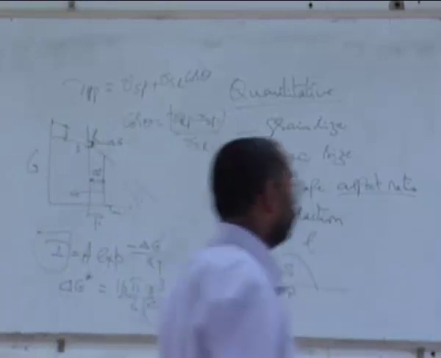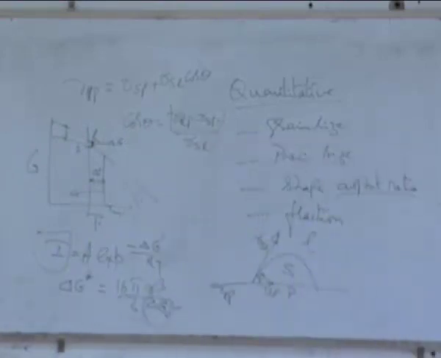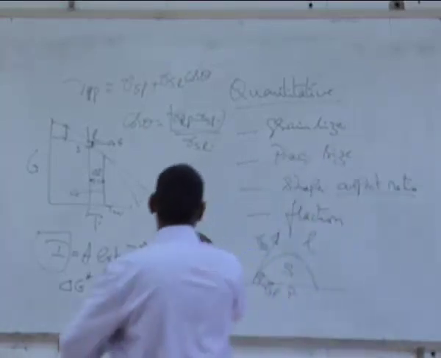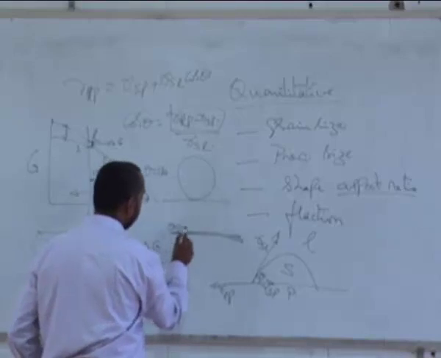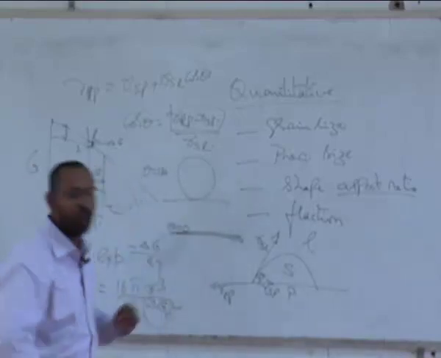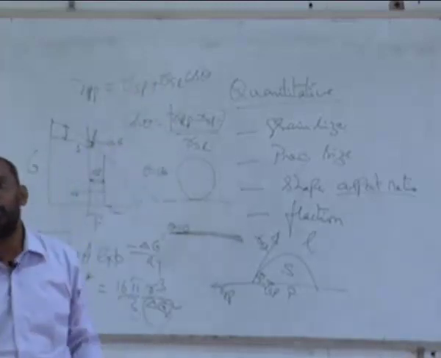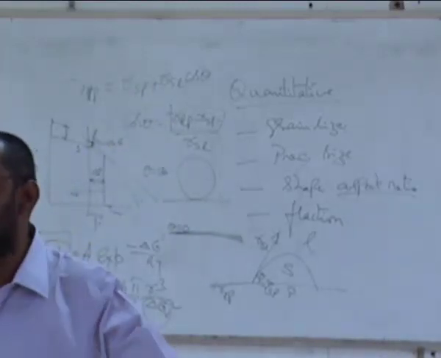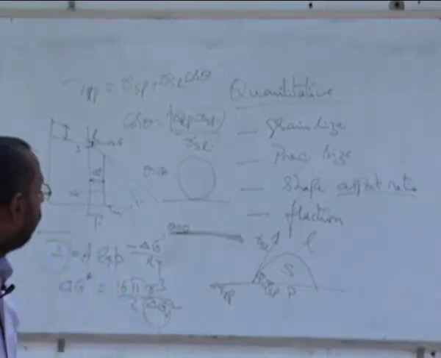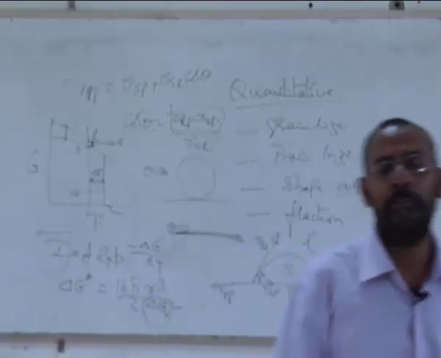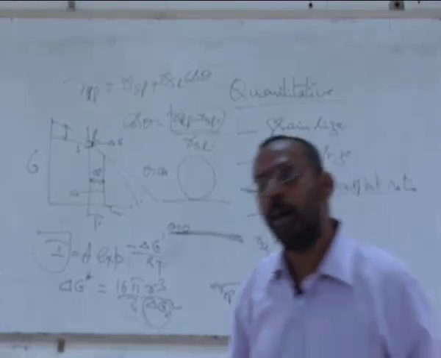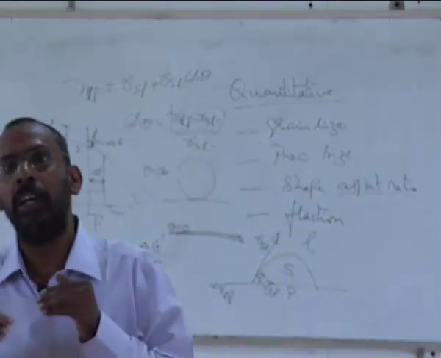Theta is actually not 180. Theta 180 is no wetting at all. Theta 180 is this, madam. Theta 0 is this. This is theta is 180. This is theta is 0. My question is, to have theta close to 0, when theta equals 0, cos theta is 1. So if I want theta to be smaller, cos theta has to be larger. And if I want cos theta to be larger, gamma SP has to be smaller. My question is, under what conditions will gamma SP be smaller? It has to have something to do with solid and particle.